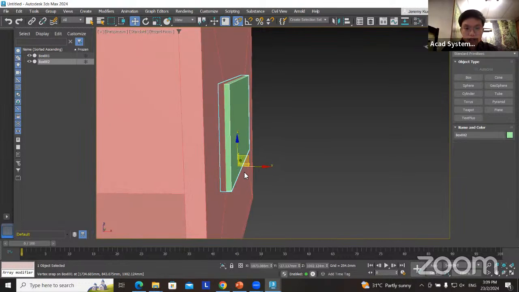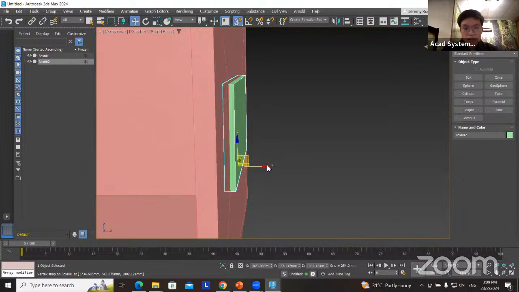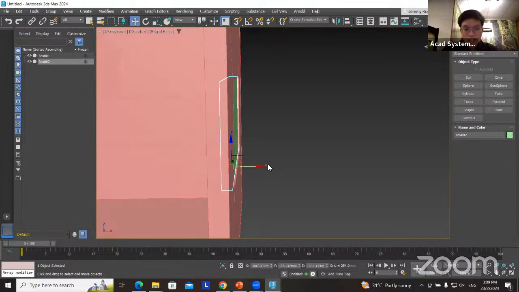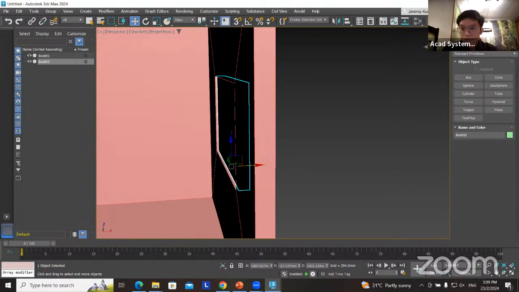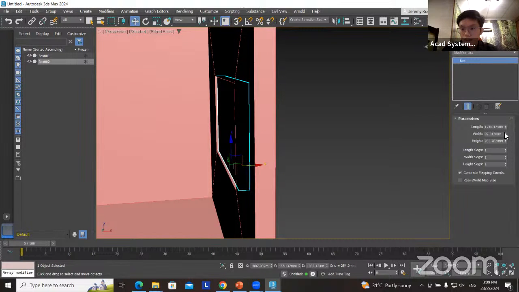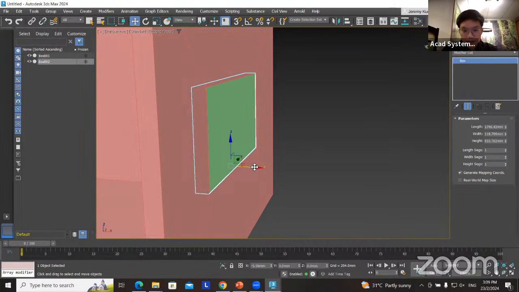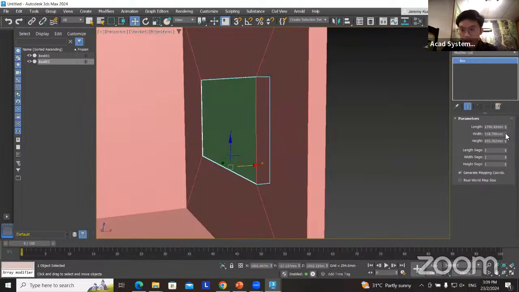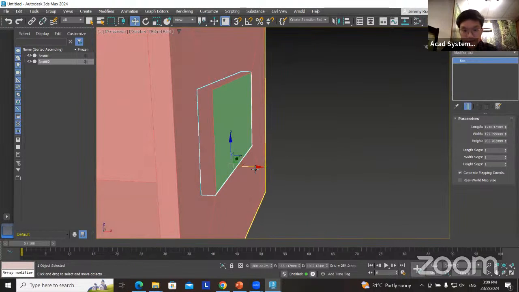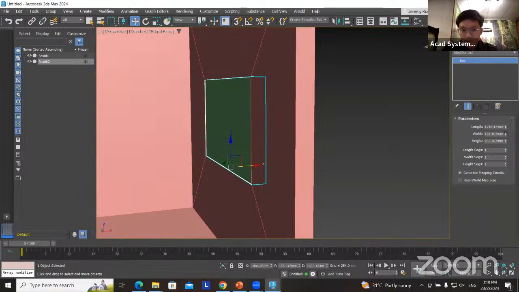So to move it to the left side, right now I'm selecting the whole gizmo. So if I want to select one axis, just turn off the snap toggle. Now I can move the x-axis only. And I'm going to go back to modify and adjust the width like so. And once you're done adjusting the width,